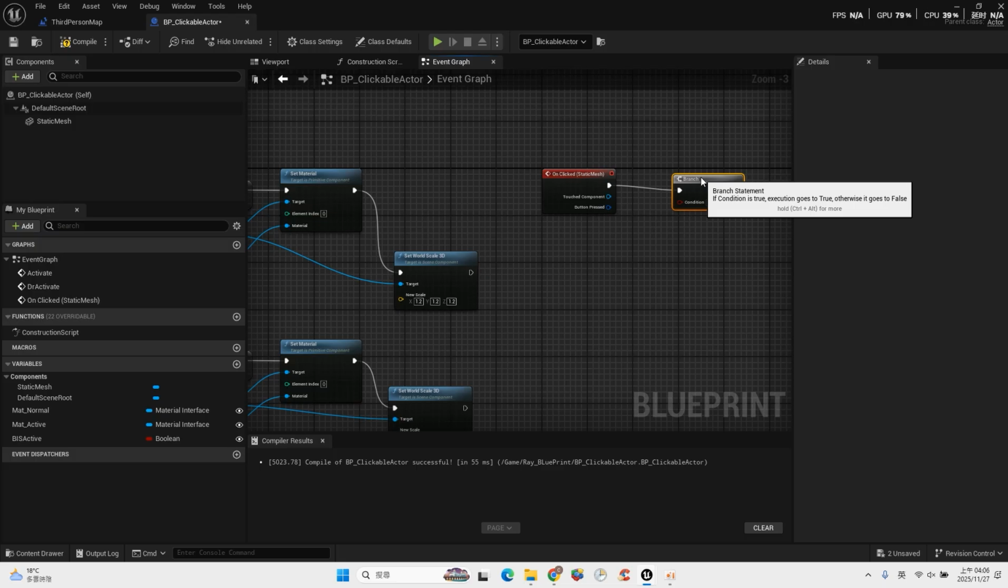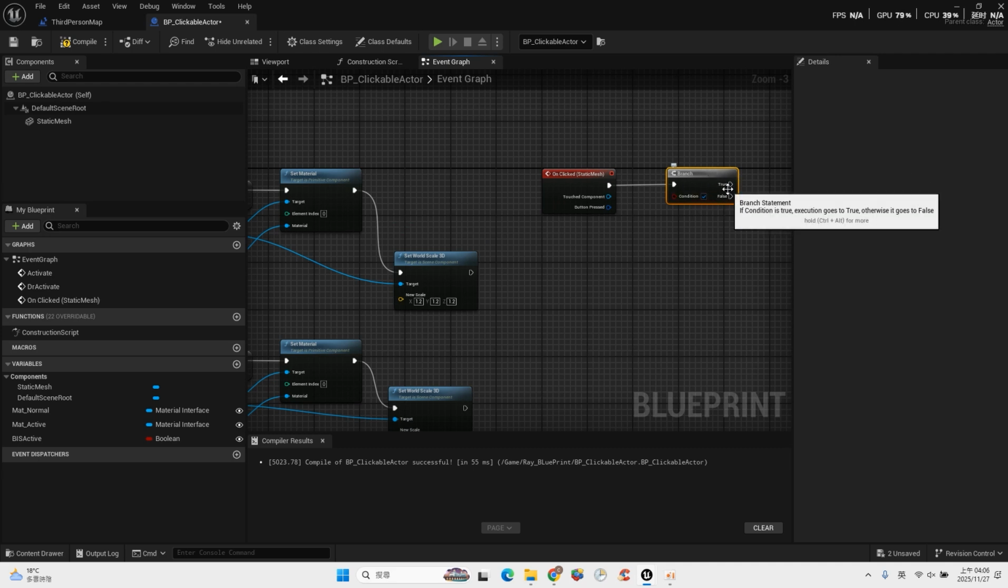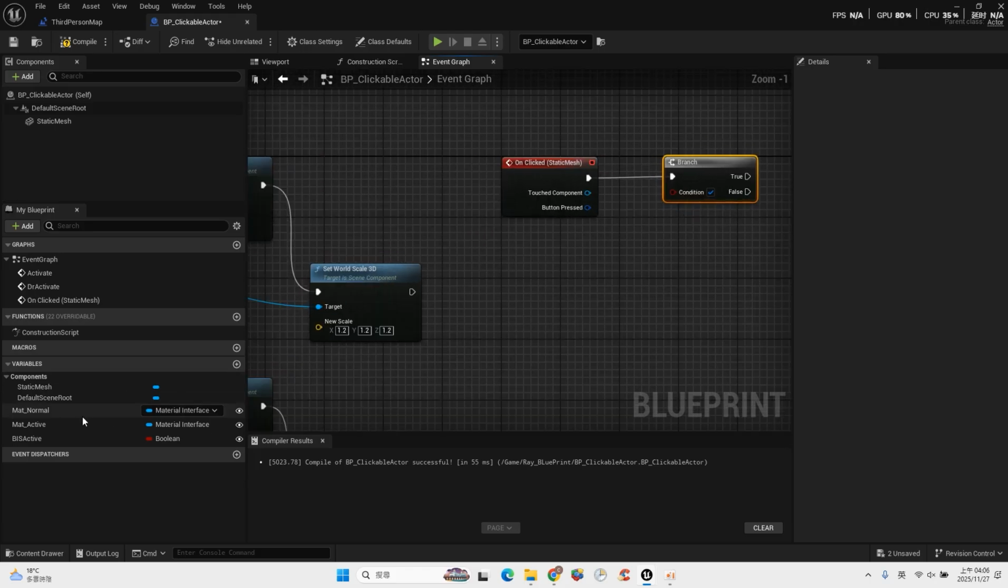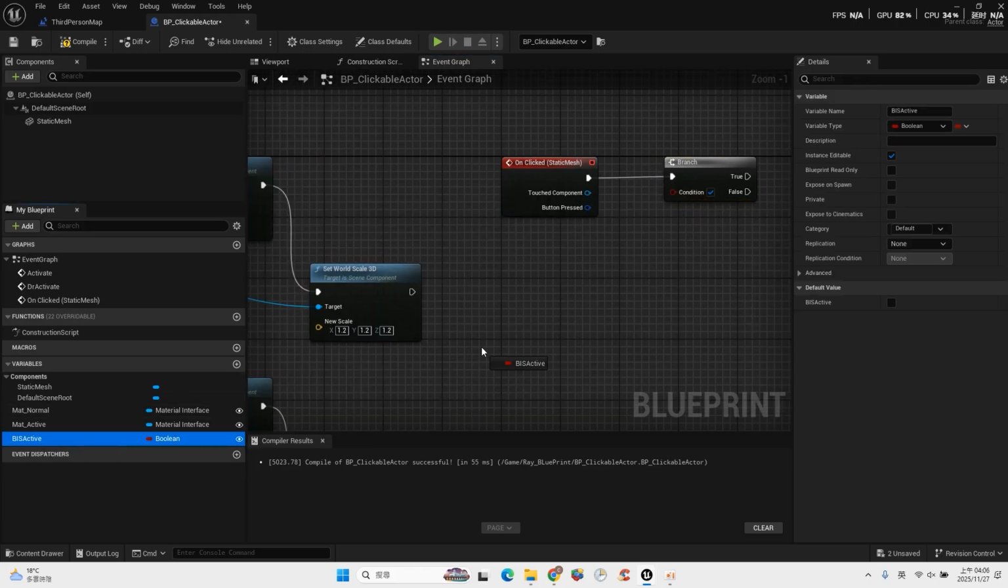So right now we have the branch. Branch basically is a condition component. It makes a condition for you, and you can choose whether this condition is true or not. So for sure, the condition in this part will be this one, the Boolean active. Whether the Boolean is active or not, it will affect the conditions. So let's drag to here and choose get,